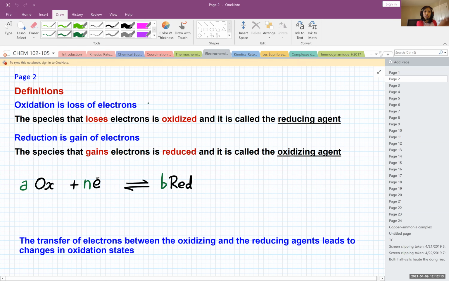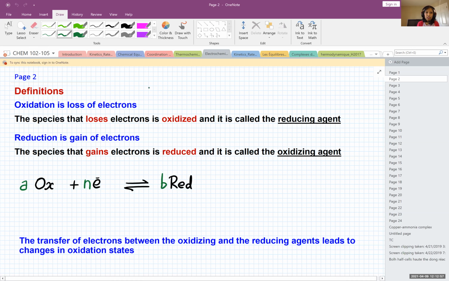So here, oxidation is the loss of electrons. We just saw that. Sodium lost electrons, so sodium was oxidized. Anything that loses electrons is itself oxidized, and we call it the reducing agent. Sodium gave the electrons to oxygen. It is itself being oxidized, but in the process, it is producing the electrons that will reduce the other one. So that's why we call it the reducing agent. And reduction is the gain of electrons. Oxygen was gaining electrons, so it was being reduced. Anything that gains electrons is reduced, but it is itself called the oxidizing agent because it is accepting the